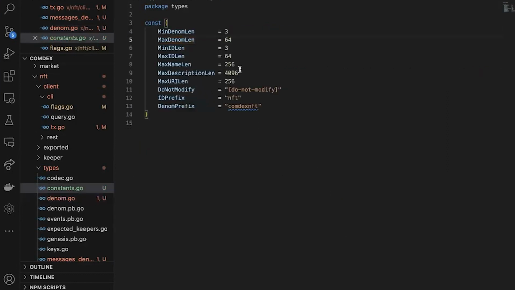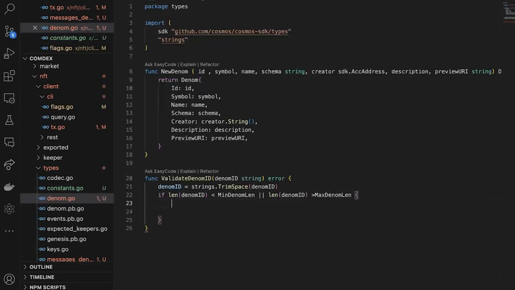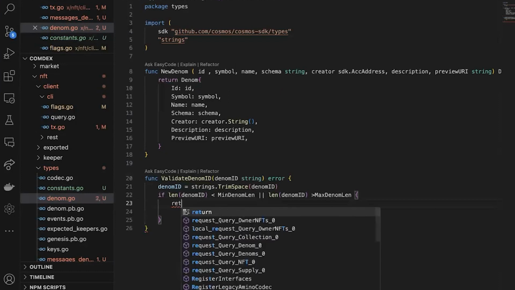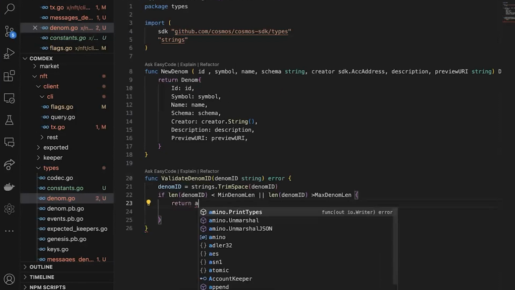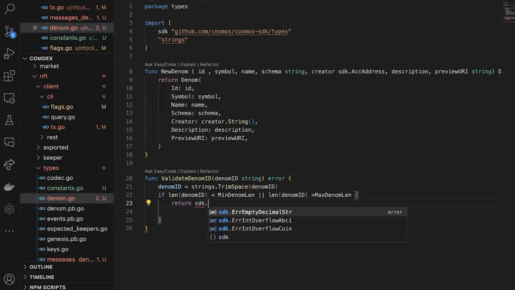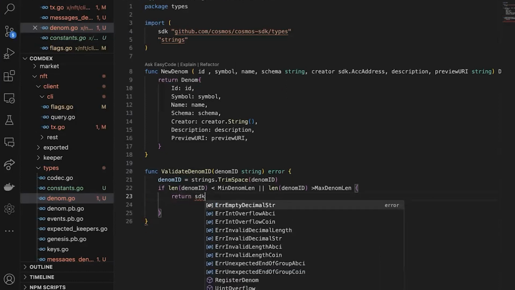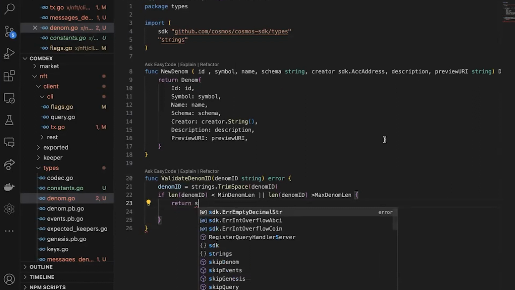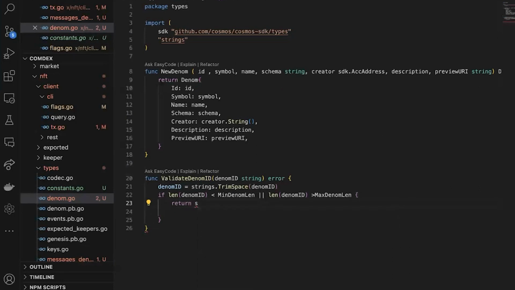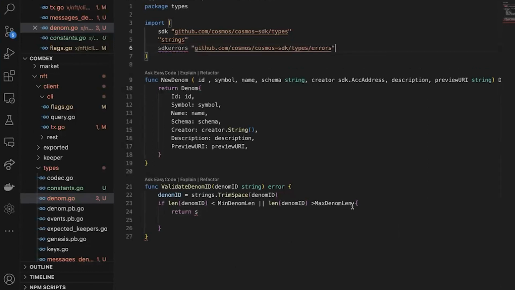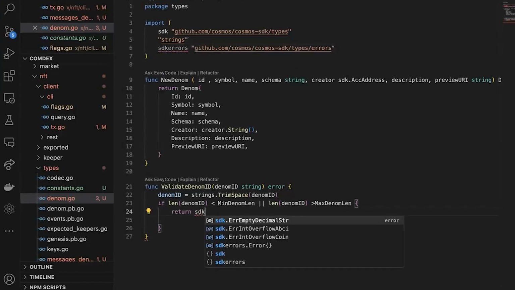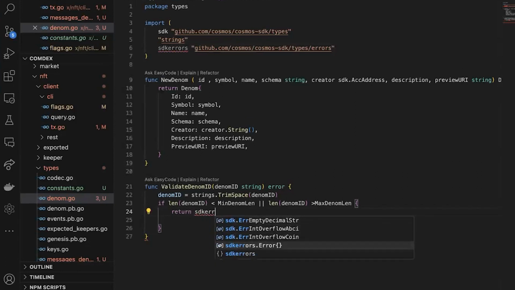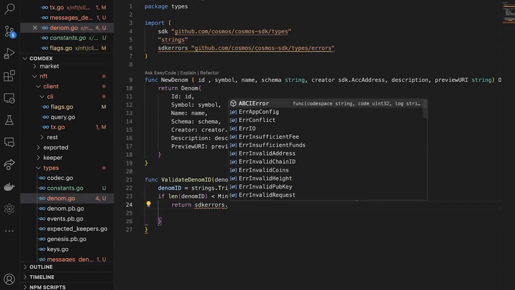Denom ID. You can see max denom length is 64 and minimum has to be 3. So after that, we'll return an error. SDK dot, we'll use SDK errors. So for the SDK errors, let's import SDK errors. SDK errors dot, we'll